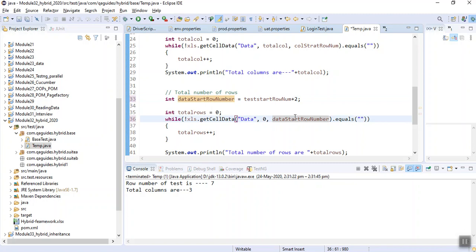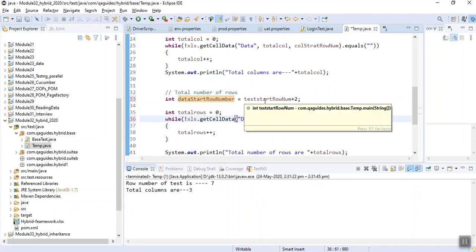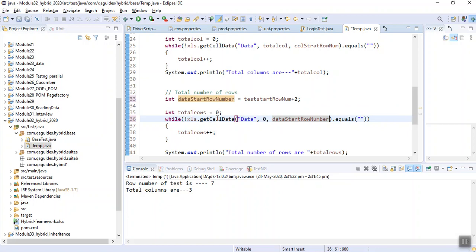Okay, total columns are 0. Fine, and here XLS file data we need to go to 0 0 data start row number not equals to. Then we can count total number of rows. We can even also count our data start rows. How many?